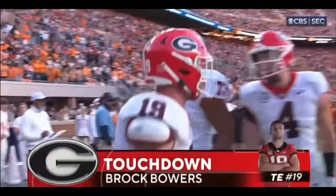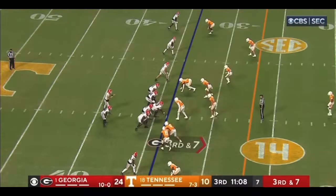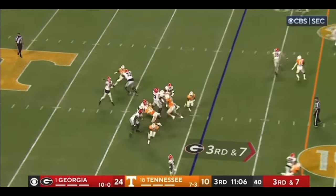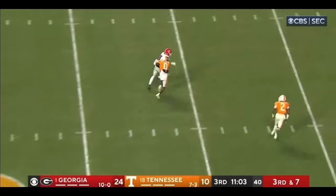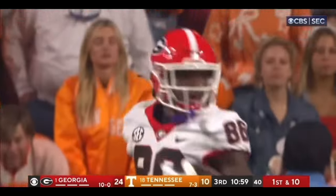Making it look simple right now. So many different players to attack with. On the Tennessee 34. Here comes a blitz. Beck throws. Dylan Bell again. And that's the problem. That's the problem if you're...